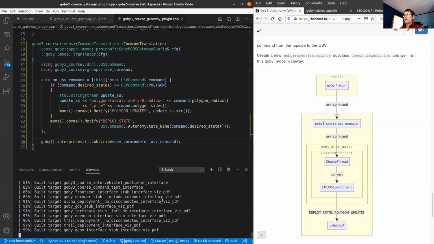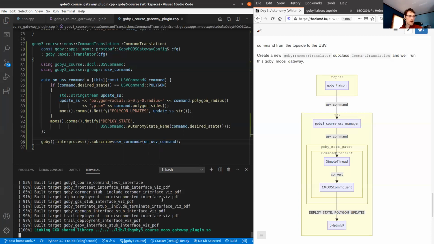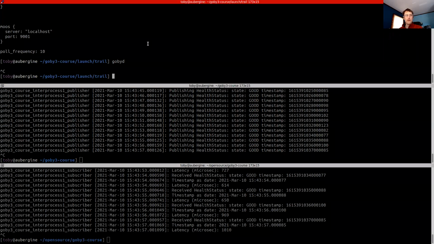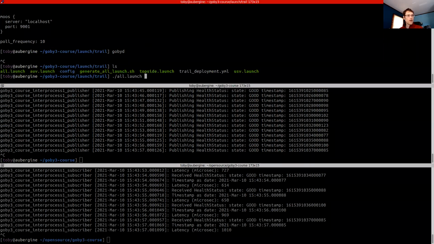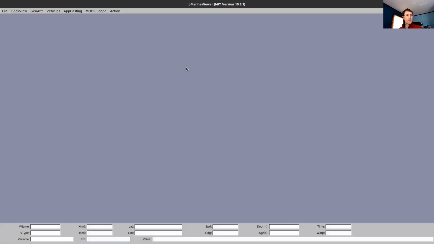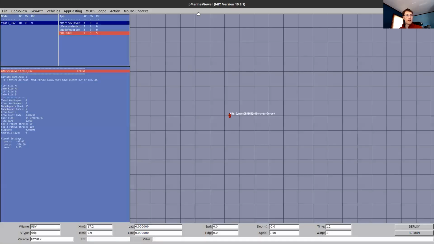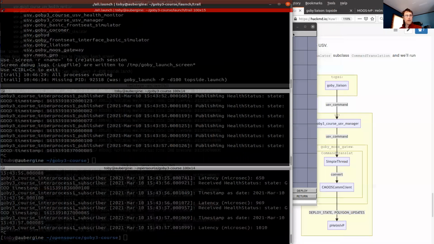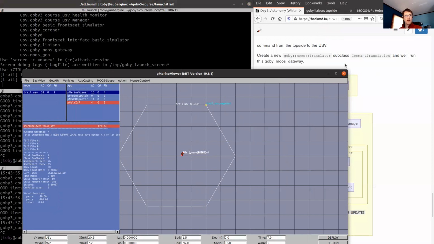And we'll go back to the terminal windows here and run the all.launch for the USV in the top side. We got our USV starting on its polygon mission. Get this back here.